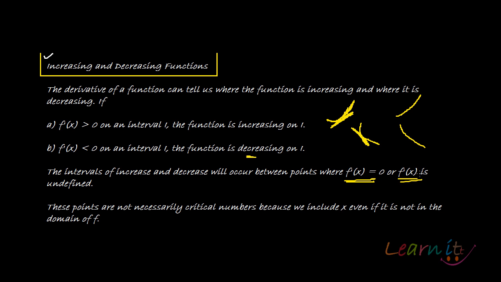You will understand about it later when we talk about critical points. Critical points are the points which should be in the domain. But right now, for our concern, we are only looking at increasing and decreasing functions. What we are trying to say is there would be certain turning points, and turning points can only happen when f dash x is 0 or else it is not defined. So in those intervals the function will be